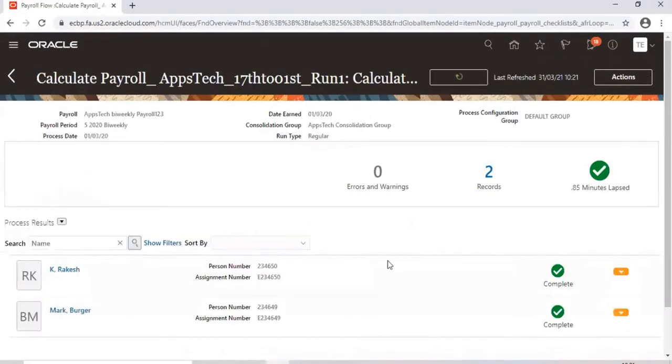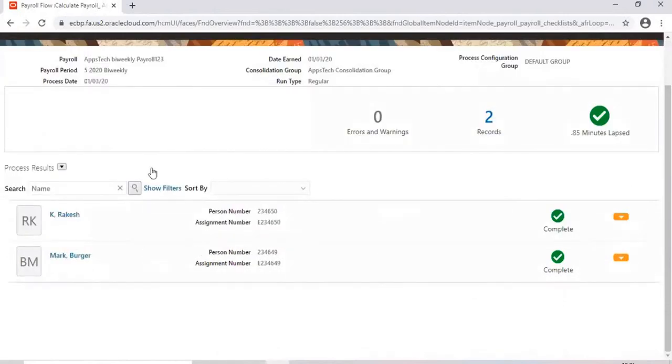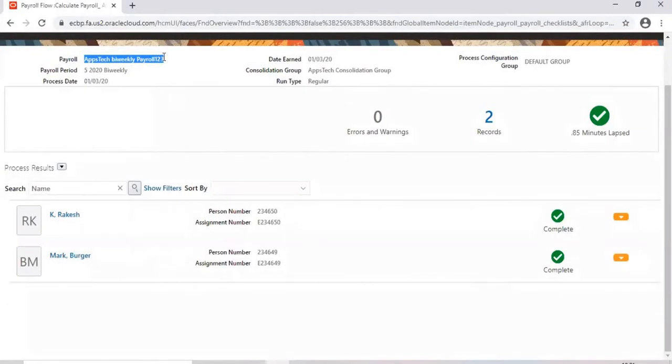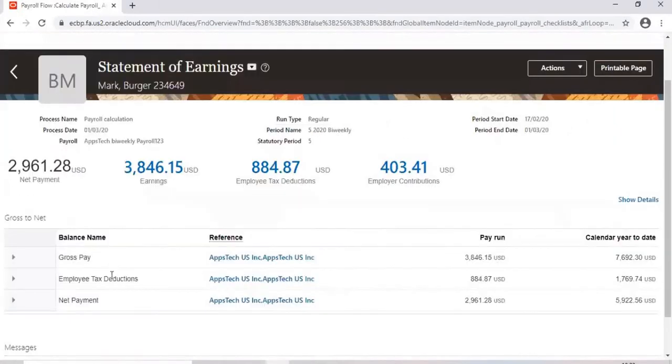Okay, look at that. 2 people's employee salaries, because 2 people belong to this payroll, right? If 1,000 employees are working in the same payroll in the same organization, all the 1,000 employees are going to be shown here. If you want to check their details, just click on that. You can go and check their results. Okay, their salary calculation for the second period. Yeah, like that. You can check it.